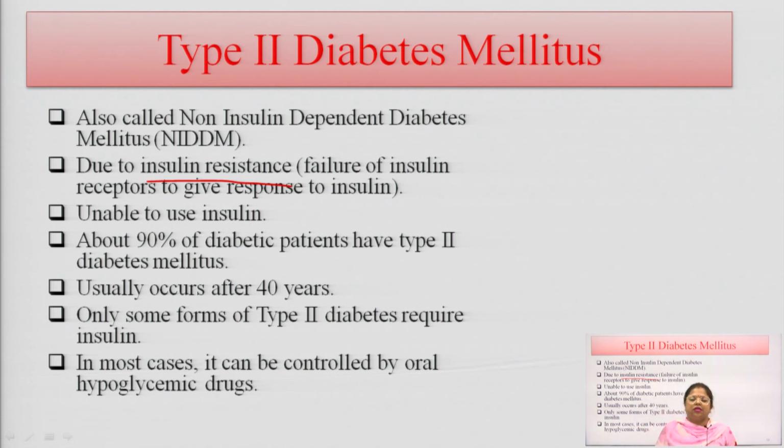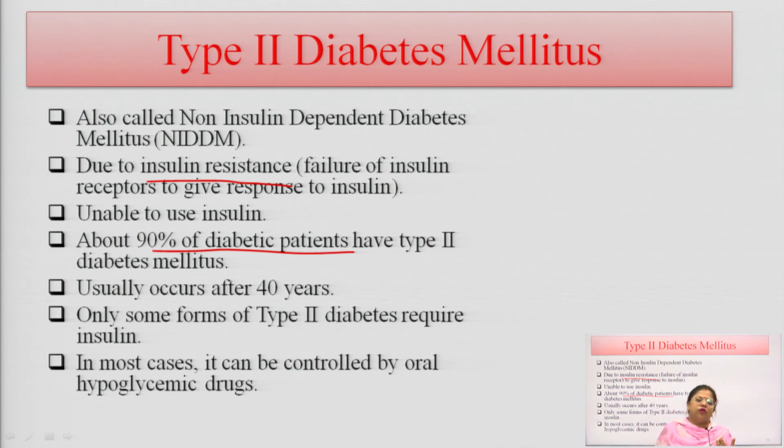Insulin is secreted in the body, beta cells are secreting the insulin, but insulin receptors are not able to take action after insulin release, and they are not able to use insulin. Insulin is not able to signal the liver to convert a higher amount of glucose to glycogen. So, 90% of diabetes patients have type 2 diabetes mellitus, and it usually occurs around 40 years of age, and only a very small number of patients